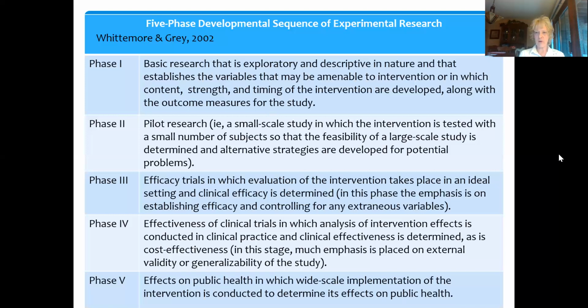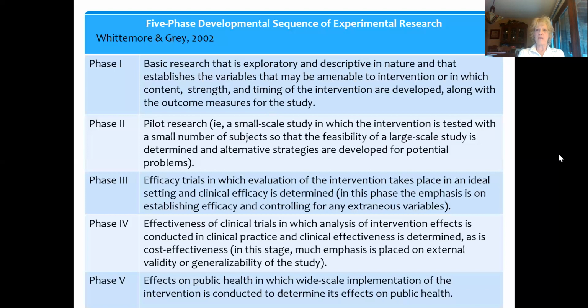If you're doing a behavioral intervention, does there have to be 20 sessions? Or if you're doing a drug dose, what is the strength of that drug that actually works? The timing of the intervention, and then you also identify the outcomes that you're going to measure for the study. So this is sometimes called bench science or lab science. Sometimes with some studies, it starts with animal studies, but it's your real basic research,